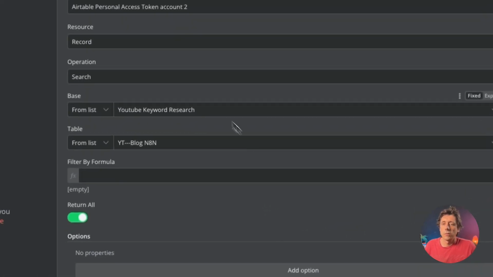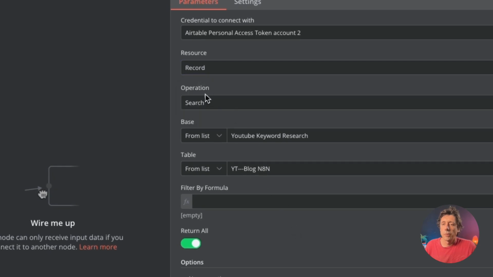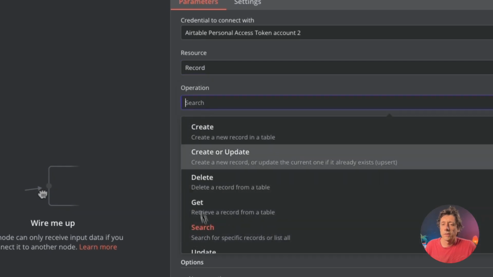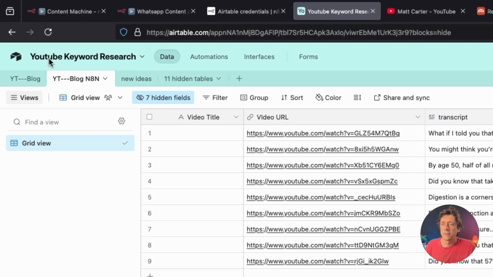Once you've done that, what you want to do in the source module here is click record. And then the operation is search. Make sure you have that at search, okay? And then the base and the table, this is just the base that you created in Airtable and then the table inside that. So if we go back to Airtable, the base is this one up here,